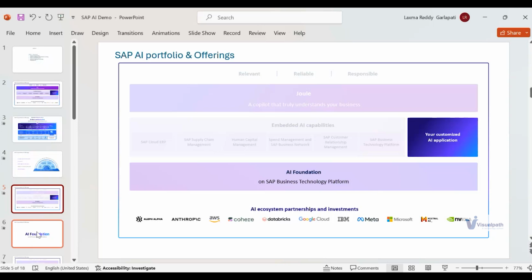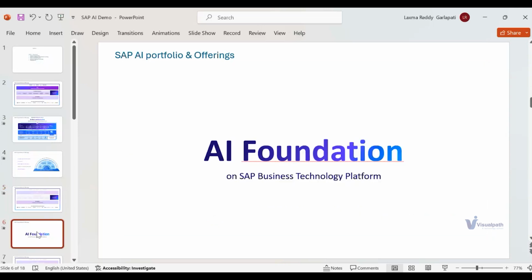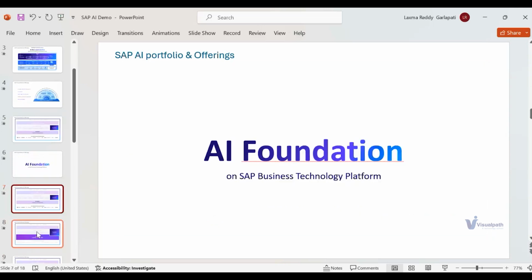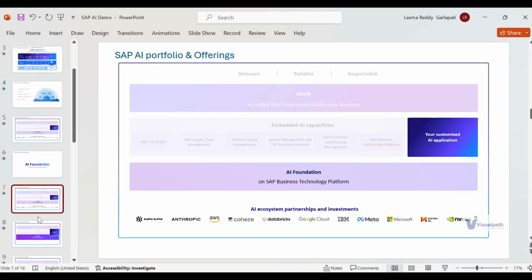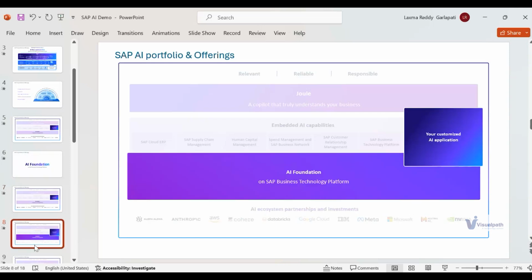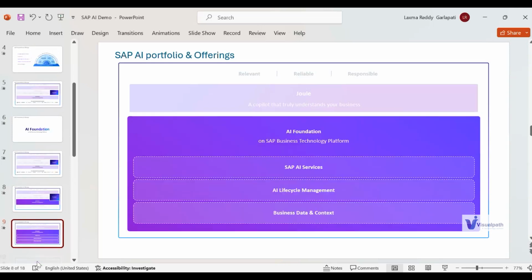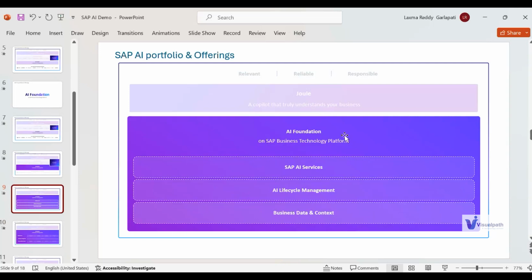So I think this we have covered already, AI Foundation, and then let me just take you to the next one. Yeah. So if you see here in SAP AI Foundation,